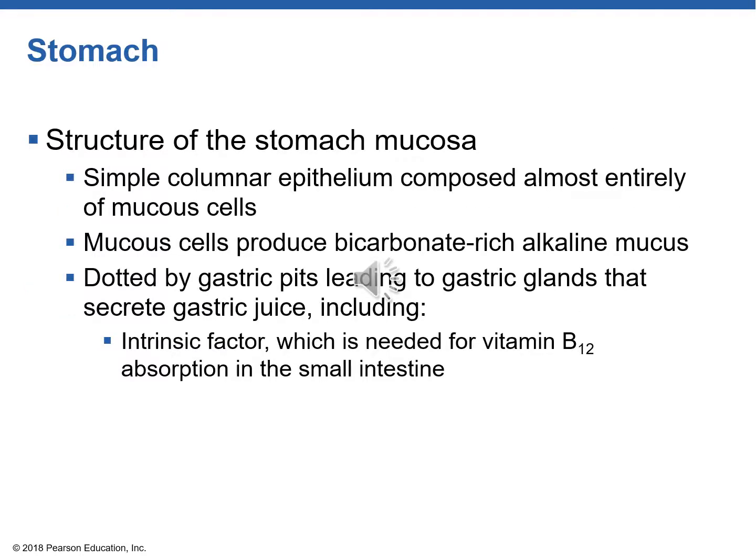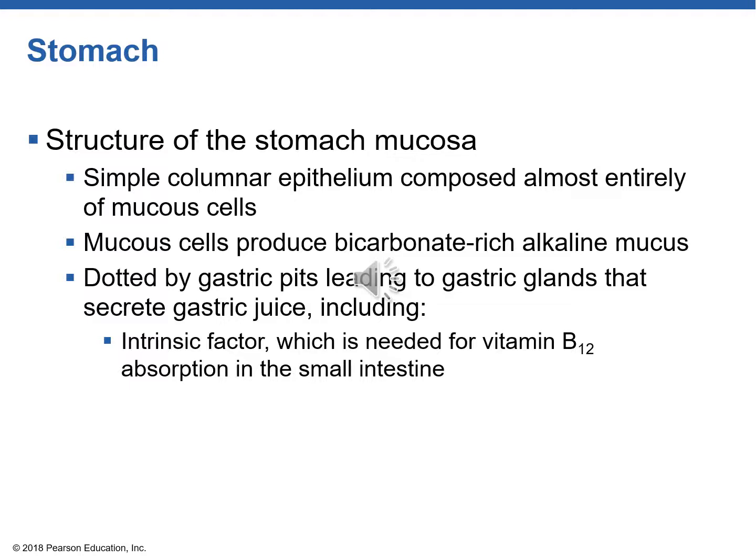Let's look at the structure of the stomach. The inside lining, the epithelium, is made up of simple columnar cells. Most of these are mucus cells, and they produce a very alkaline mucus. The reason for this is that the contents of the stomach are very acidic. The pH is between 1.5 and 3.5. If this acidic environment were allowed to be exposed to the lining of the stomach, it would cause damage to that lining. So there is a mucus lining that is a more basic pH,